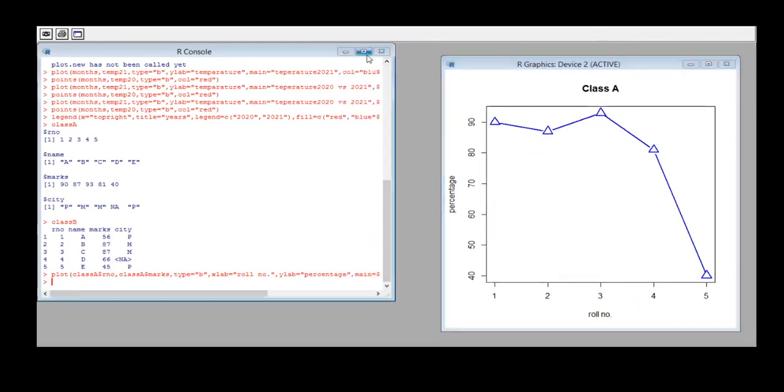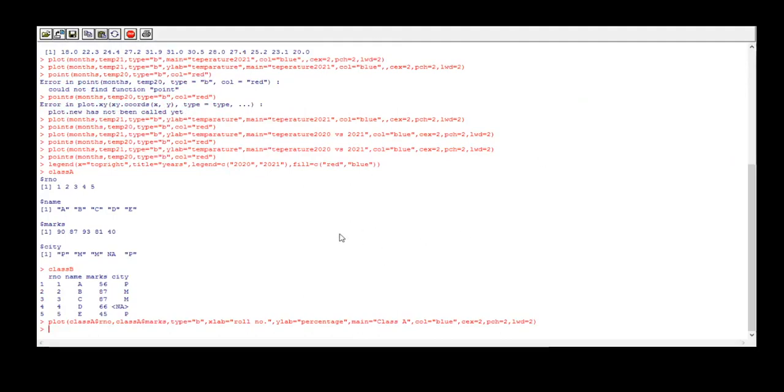Now in the same graph, let's plot data for class B. Class B of roll number, and then class B of marks. Now see, class A is a list and class B is a data frame, and type is b.